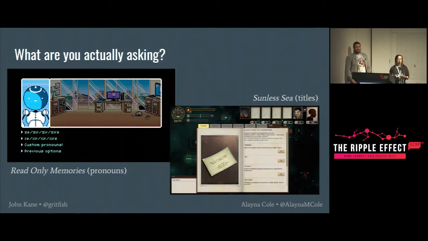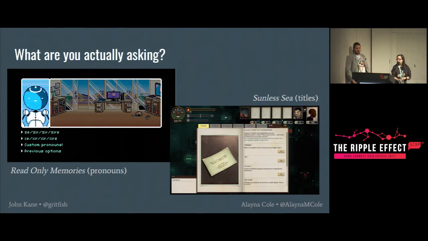And it allows your players to create characters that are either indicative of them or to become more familiar with these pronouns that they might not see all the time, particularly if they're not close friends with somebody who uses they, them pronouns or something like that. So that ability to get people more familiar with something or to represent themselves is really important.